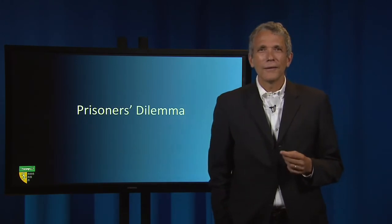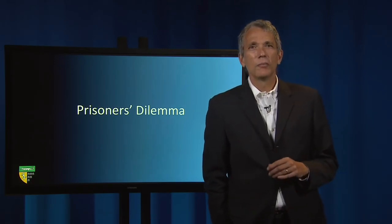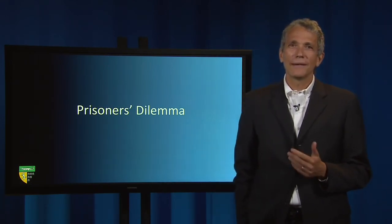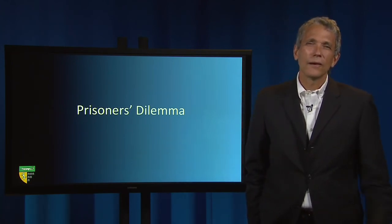First, let's look at the prisoner's dilemma. It's the most famous game in all of game theory. Imagine 2 prisoners are being interrogated in separate rooms about a bank robbery. Each has the choice of remaining silent or confessing that the 2 of them committed the heist. The choice is often referred to